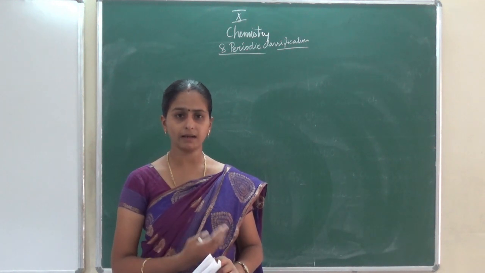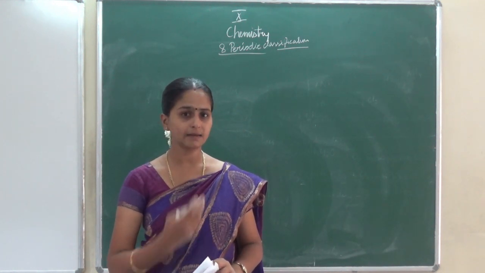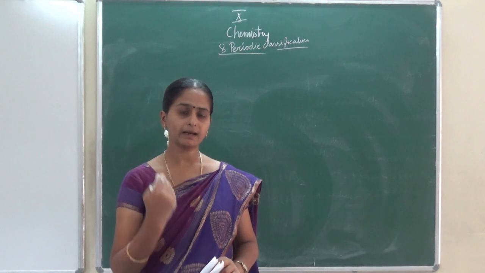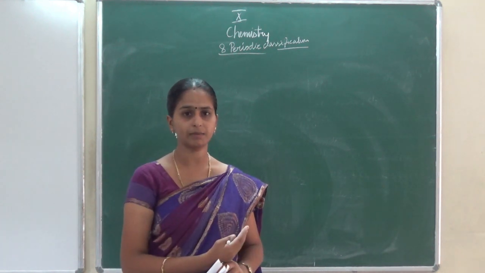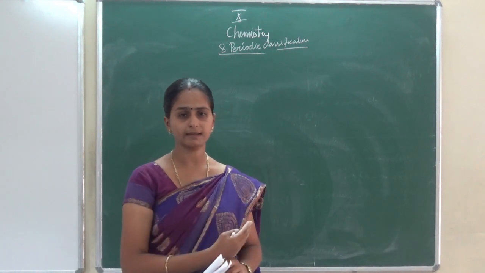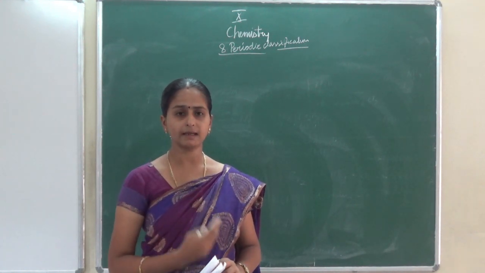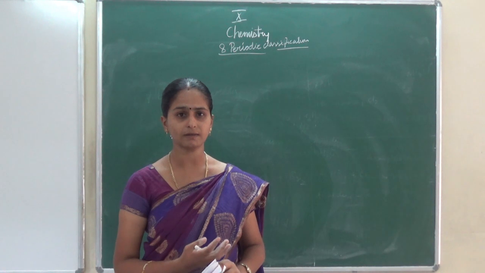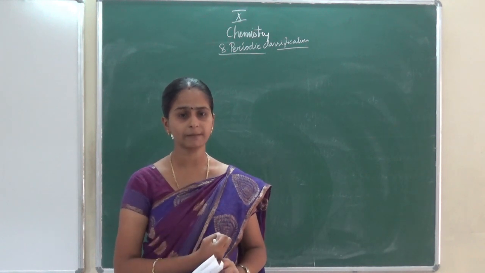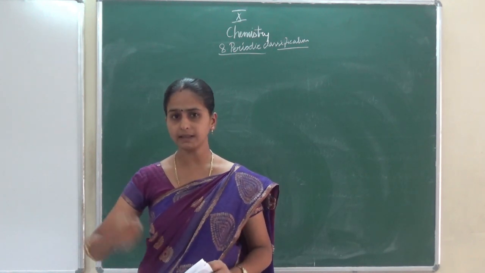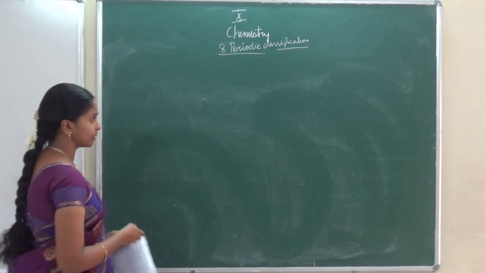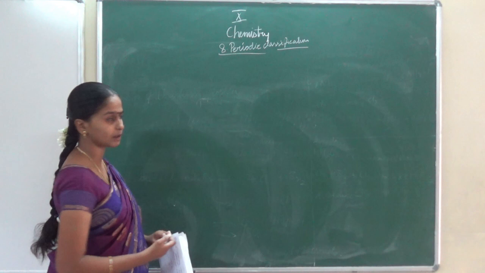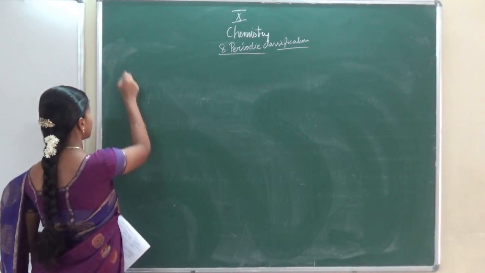The atomic or ionic radii increases when we are moving down the group and it decreases when you are moving from left to right in the periodic table. In period it decreases, in group it increases. The reason also we have discussed, because of the effective nuclear charge. So now we are going to see the remaining periodic properties. First let me write all the periodic properties. What are the periodic properties we have discussed there?